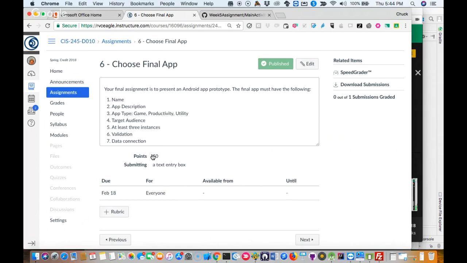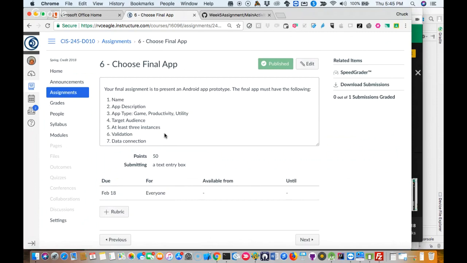A little different than iOS in the fact that when you create an activity, you have to bind that activity, hard coded in the main XML file, to make the parent, that main page, the parent, and then everything else is a child, but I'll show you how to do that. Also have validation, also have a data connection, and you'll learn all of that by the end of the